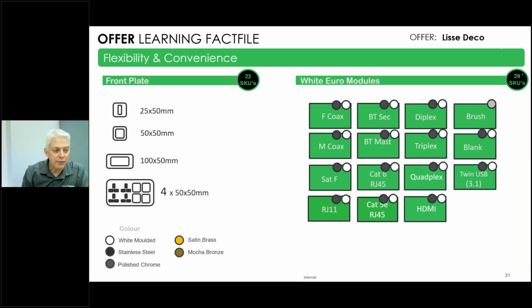You can see the plates that we've got available from a single up to a quad configuration, and then we've got the media plate configuration, which is a 2-row unit in all of the different color combinations, and then our Euro modules we offer primarily in a white and a black option, really to complement the rest of the interior. Now, because it's Euro, whilst we have an arrangement of nearly 30 different combinations and colours of modules,